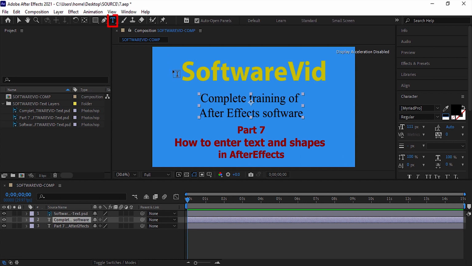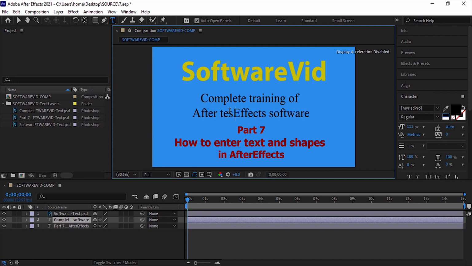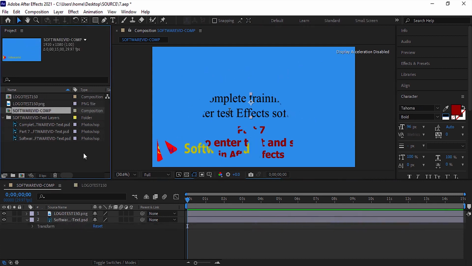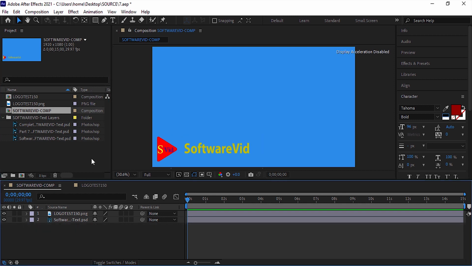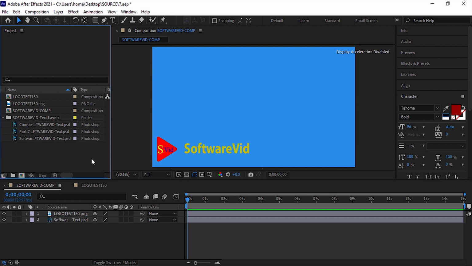Click on the text box once by selecting this tool. Now you can easily insert and edit text. In the end, just press the Enter key or click on the Selection tool. OK. We saw that you can easily convert a PSD text layer to an editable text layer and edit its text. In addition, you can insert and edit your desired text using After Effects software tools.